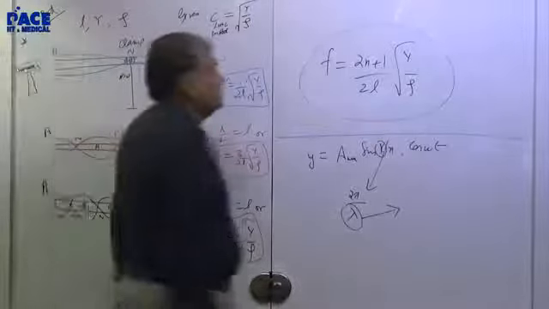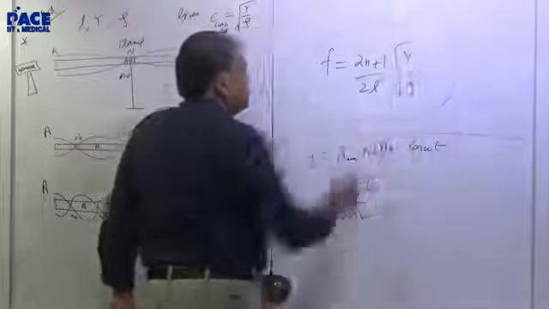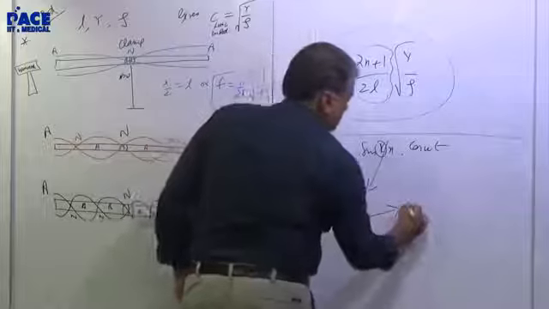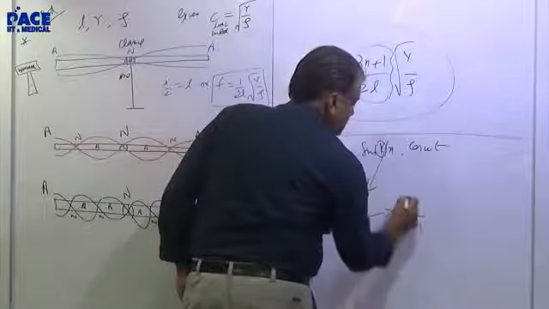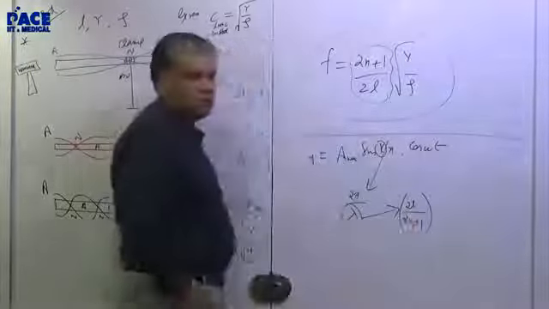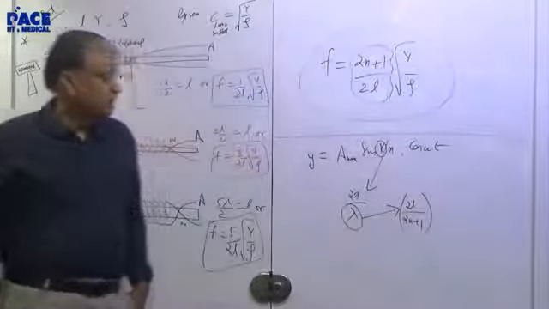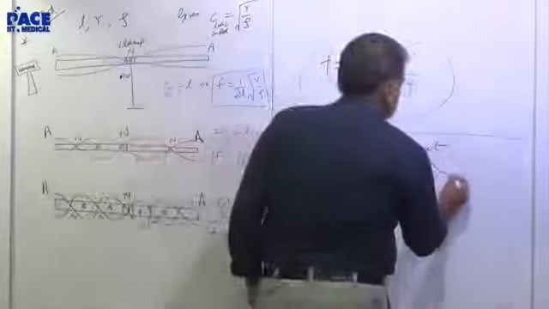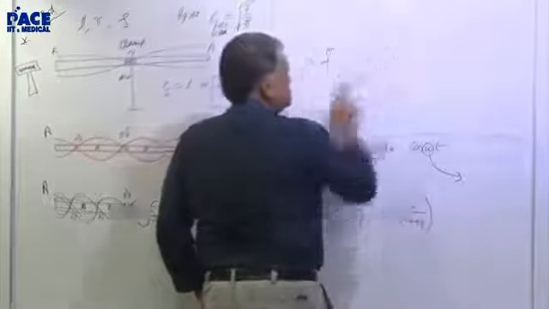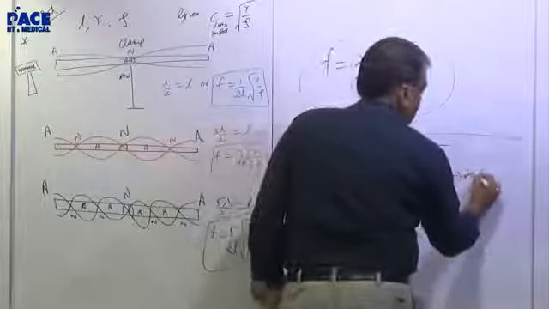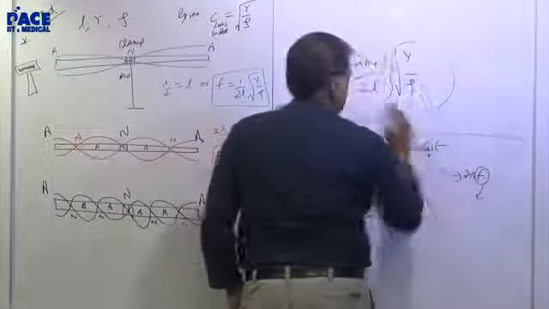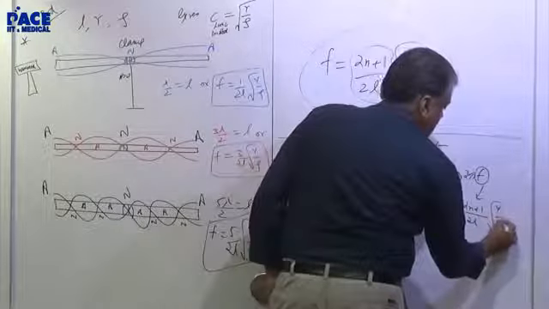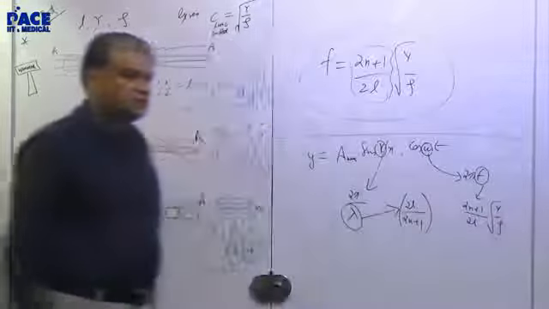Or in general, this is C and this is F. So in general, this is the 1 by lambda. So lambda will be 2L by 2n plus 1, where n is the overtone number. So that way we can write the general formula. And omega also, you know, omega is 2 pi f, this is frequency, and f is known. It will be (2n plus 1) by 2l root of pi by, we'll substitute the values.